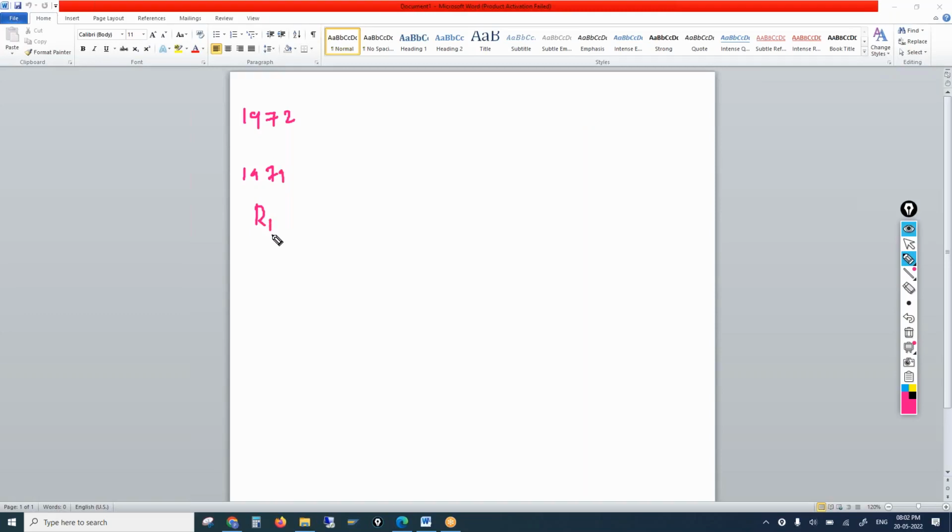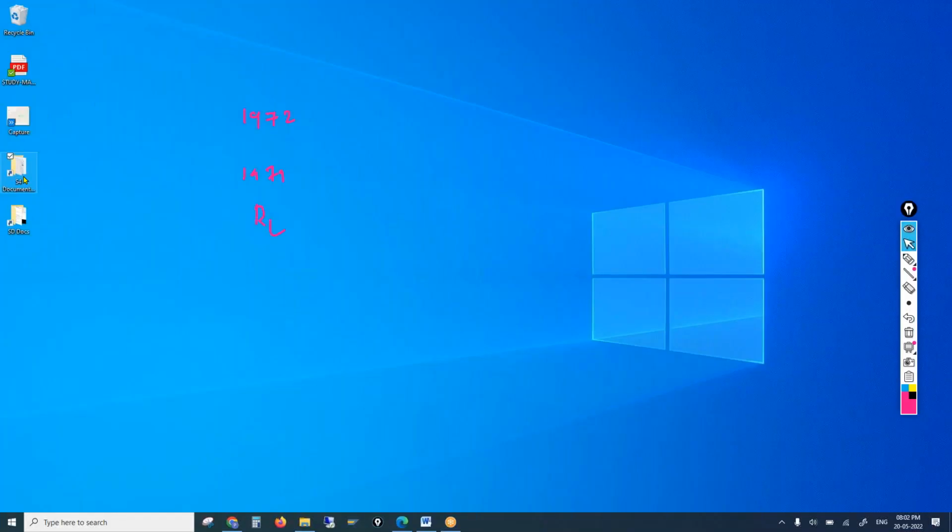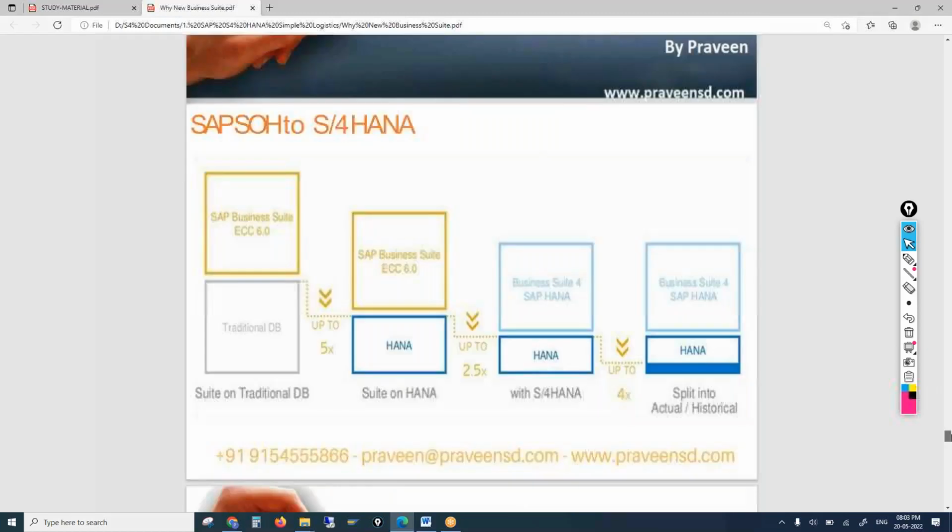Okay, let me show you the picture as well. That gives more clarity. So this is the journey of SAP. You could see here in 1979, SAP came up with the R2 product, and you could see its employees,